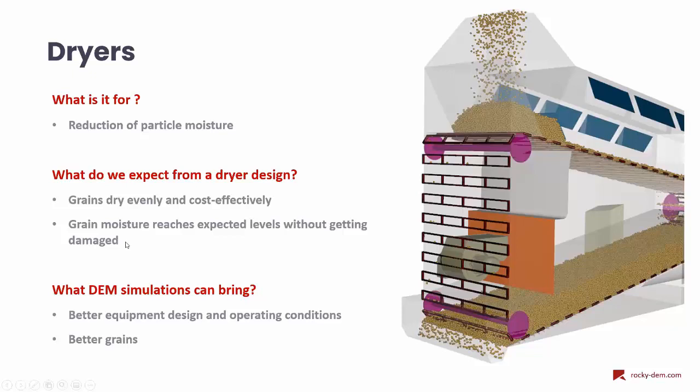And of course, the ultimate goal is to have grain moisture reaching the expected levels, be it by regulations or because for that specific type of product you want a specific amount of moisture. But it's very important to reach those levels without getting